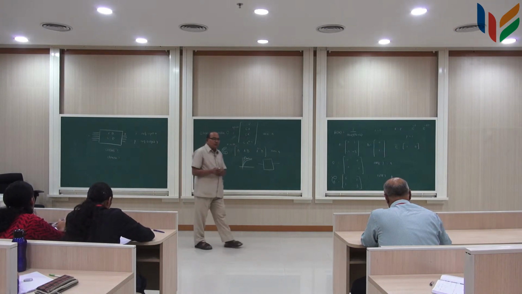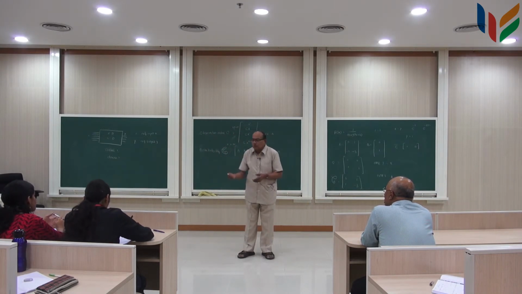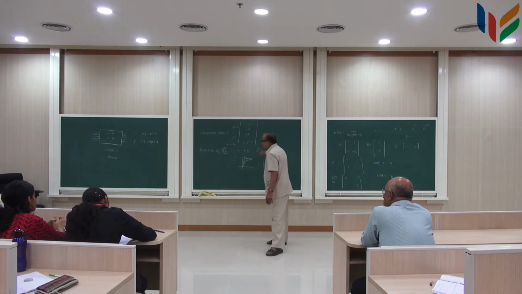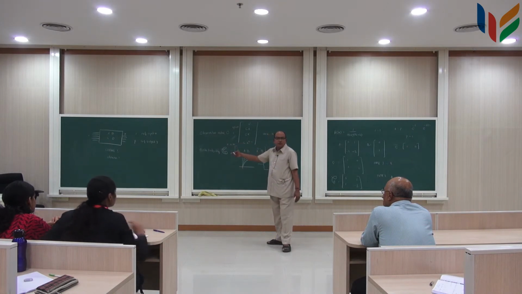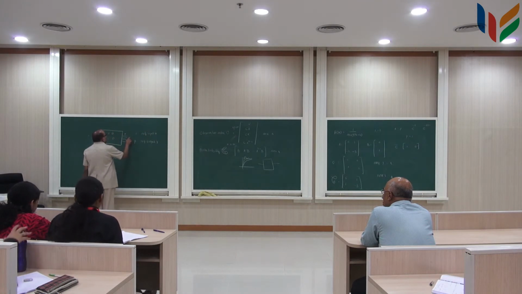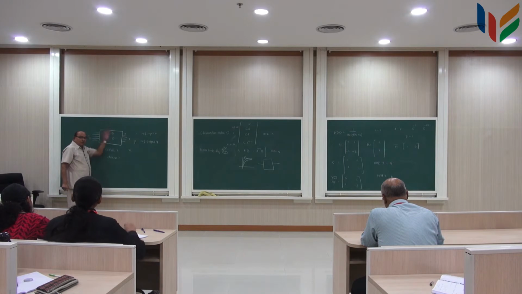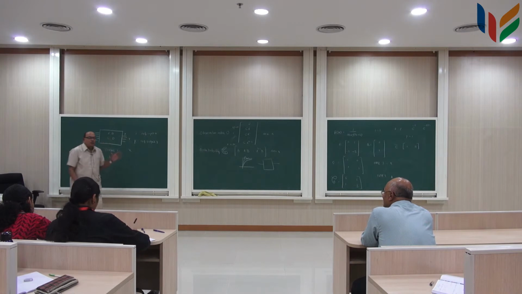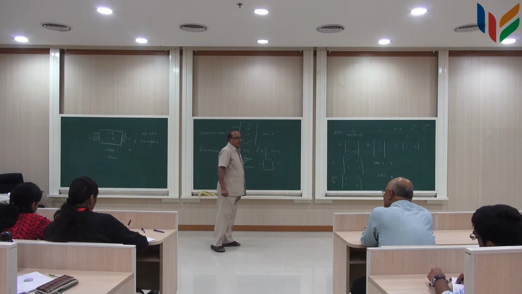And to do that, I must be able to measure the state, and after measuring the state, I should be able to use it to control it. And those two conditions are embedded in this. Since the system is controllable and observable, surely I can do that. So, I find out from this response here, this y here and u here, the state of the system, and use the state of the system as an input in the feedback to modify the system. This is called the state control. And state control is doable if these two conditions are met.